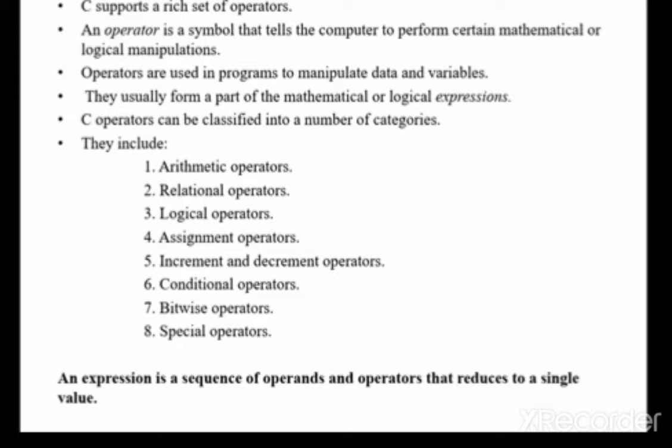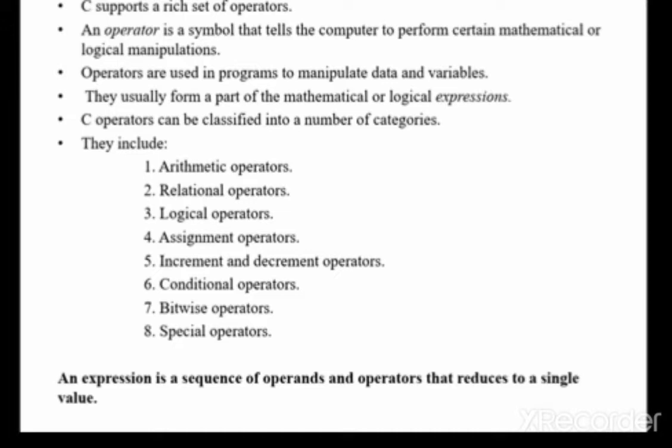So you all know, when we write a program, we give many instructions: we give input, we give instructions for processing, for calculation. While giving mathematical calculations or logical operations, we use operators to give certain expressions.